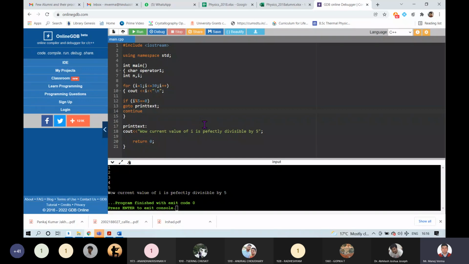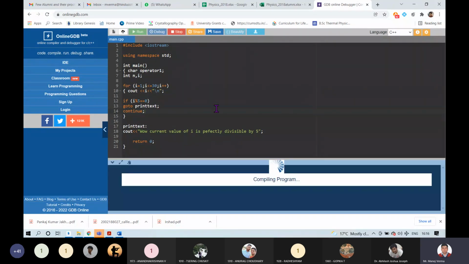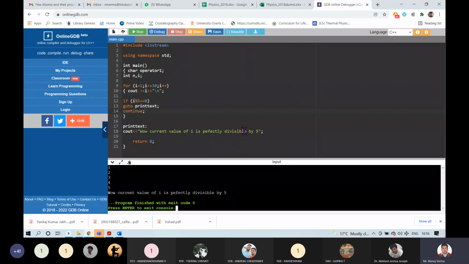If I use continue, whether it will come back to this for loop? No, it is not coming back. Okay, this you have to see: how will the compiler come back to the for loop, because I am not using a break statement. I am just sending the compiler to a different location of the program, but it is not returning.